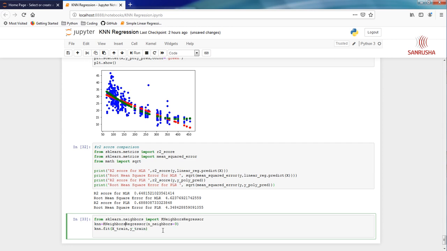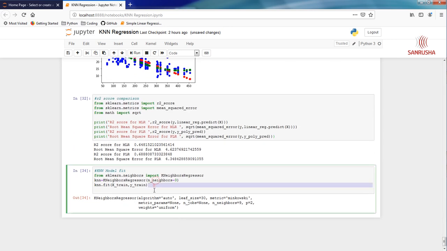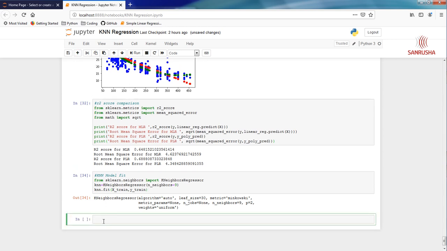Okay, so we got the model, we got our KNN model fit. Let's run this. Looks good. And next we're going to predict the y value. Let's say y_pred_knn equals knn.predict, and here it is going to be x_test.